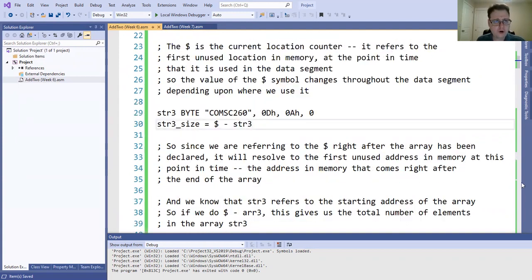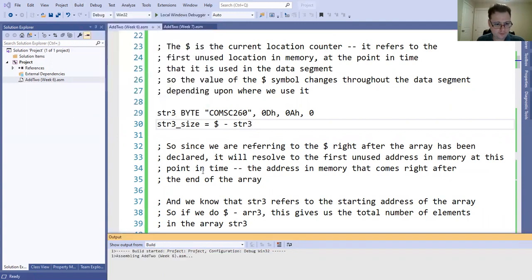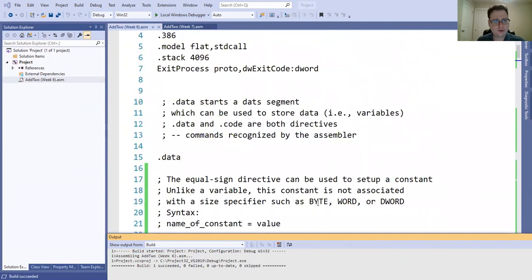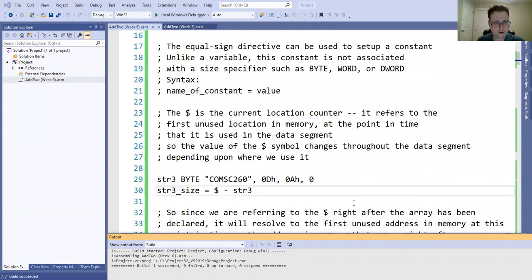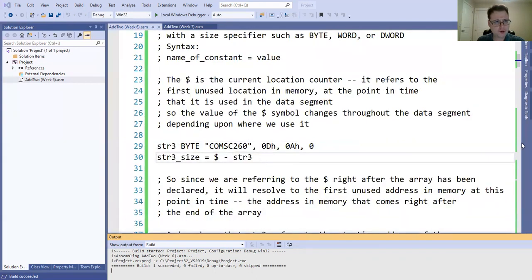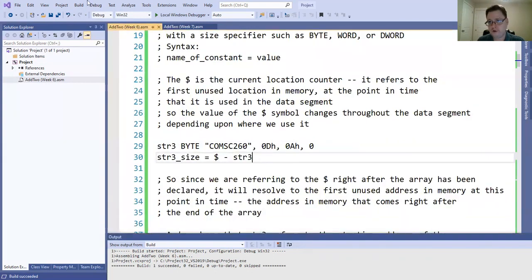So putting it all together here, if we build this and look at the memory pane, we're going to also see why this works. To make this a little bit simpler, we just put this at the top of our data segment, because where you use the $ symbol is important for this to work correctly,